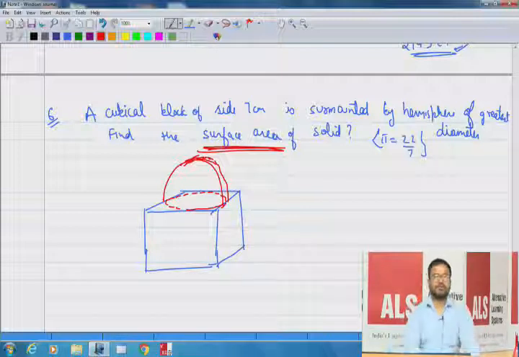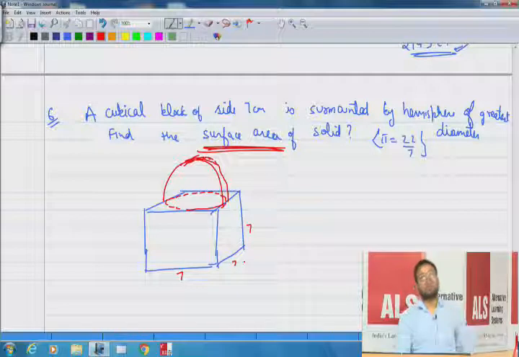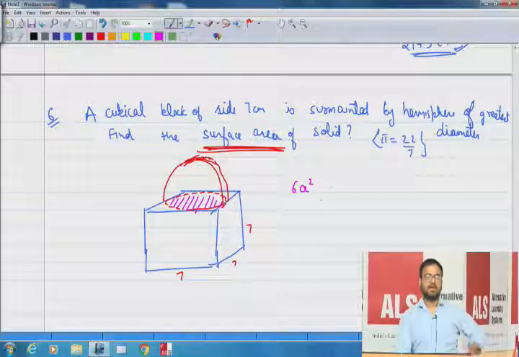Okay, let me help you in this one. This is a cubical block of side 7. So when you find the total surface area of the cube, that will include this region also, which is the base of the hemisphere on the top of the cube. That will not be counted as the total surface area. So the total surface area of the cube is 6a square. The curved surface area of the hemisphere,